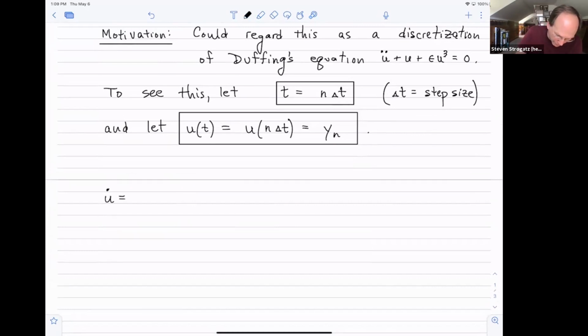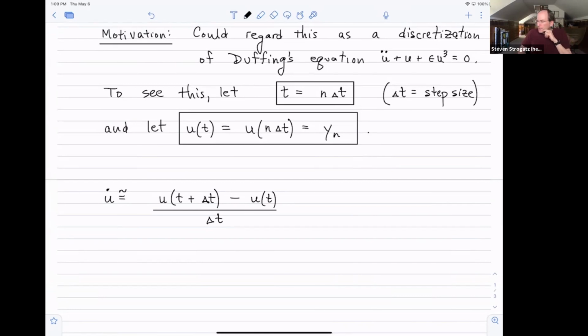At the lowest order of approximation, you could think of it as u at time t plus delta t minus u at t divided by delta t, right? That's the difference quotient that appears in the definition of the derivative if we took the limit as delta t goes to 0. But suppose we don't take delta t going to 0. We're just keeping some finite, non-zero time step. Then this would only be approximately true